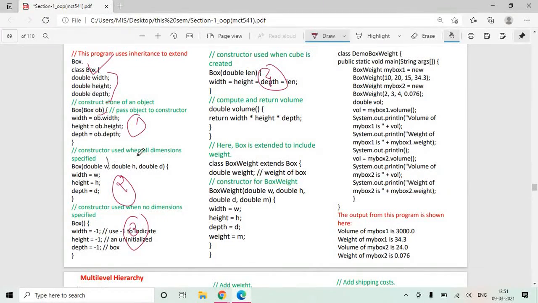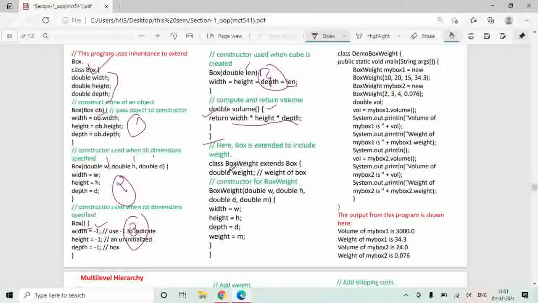This constructor accepts 3 arguments from the user and creates a new object. If the user does not provide any argument, this default constructor gets called. If the user provides only one argument, the width, height and depth are initialized to that same argument. And we have a volume function which calculates the volume and returns the answer. So this is the Box class.